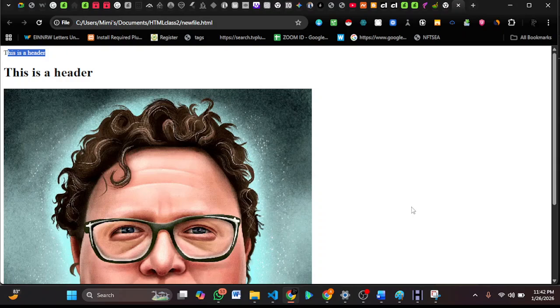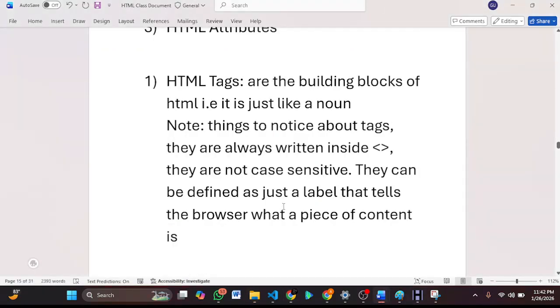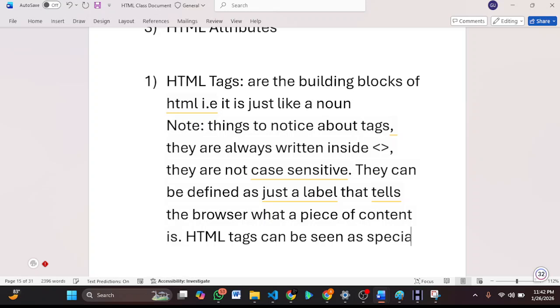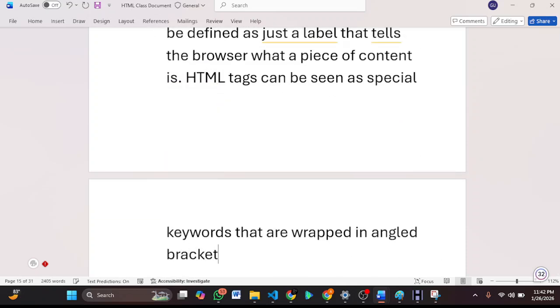So we can see HTML tags. I would like to write this down. HTML tags are or can be seen as special keywords that are wrapped in angled brackets. These are angled brackets, just in case I would like to explain what they are. So they are wrapped inside angled brackets. So an example of it would be,